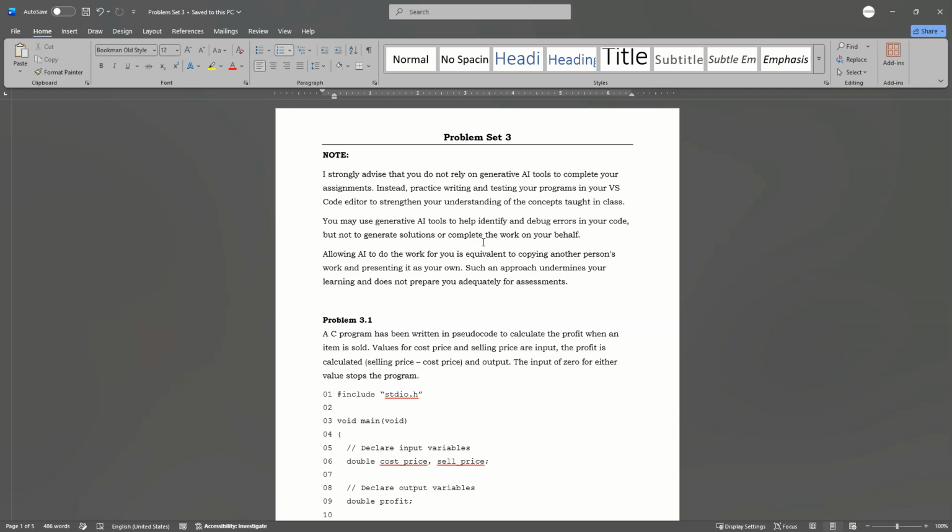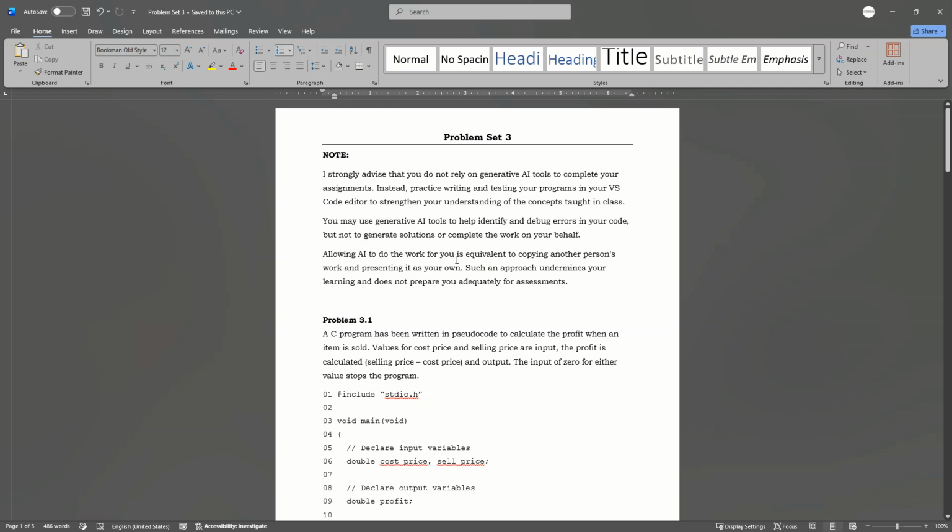puts a stop to, because your brain development is part of human development. We need to develop your cognitive ability. So anytime you rely more on generative AI, if it becomes too much, your brain goes to sleep and you cease to be a human being. What makes us human beings is the use of our brain. That is what distinguishes us from dogs and other animals. Other animals respond to instinct, but we have choices and decisions that we take based on the processing that we have. So please,